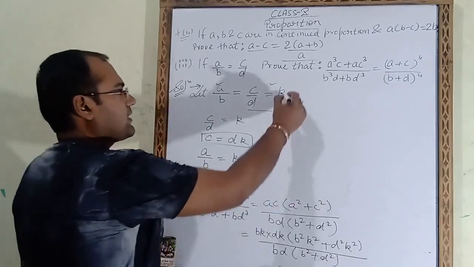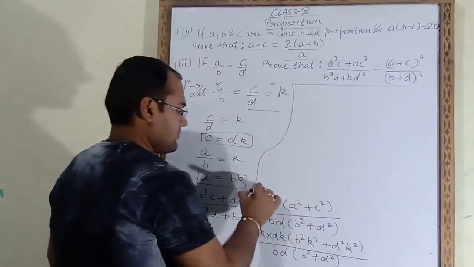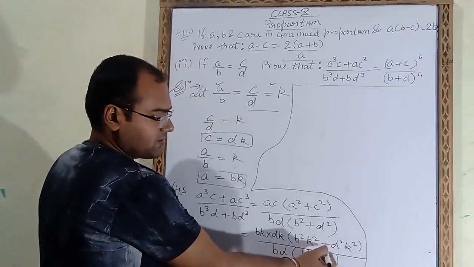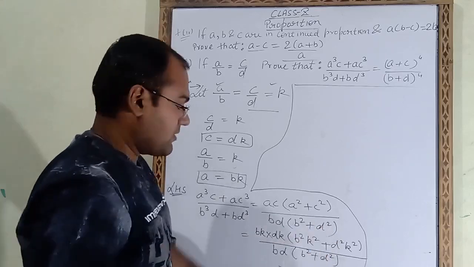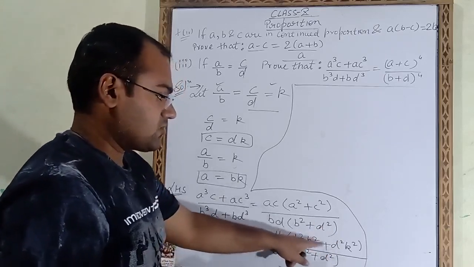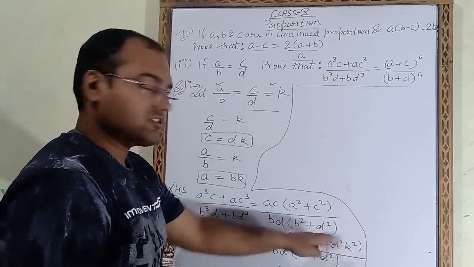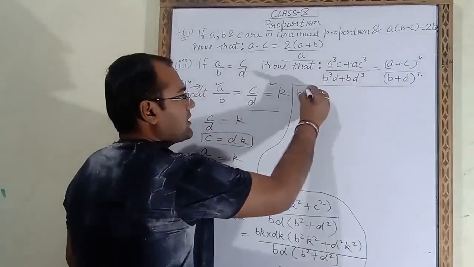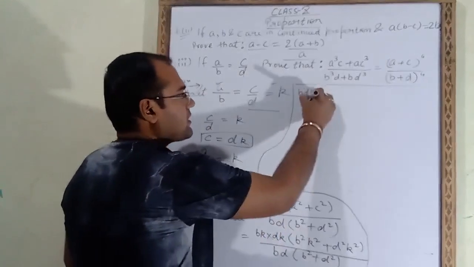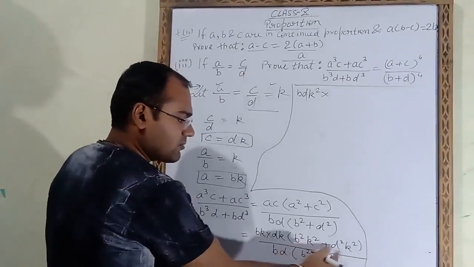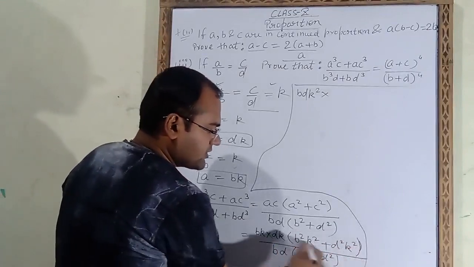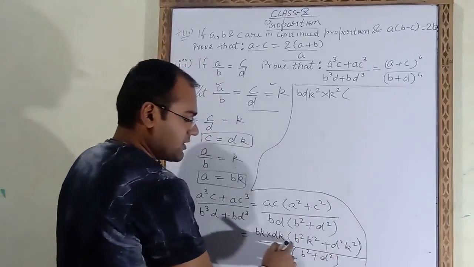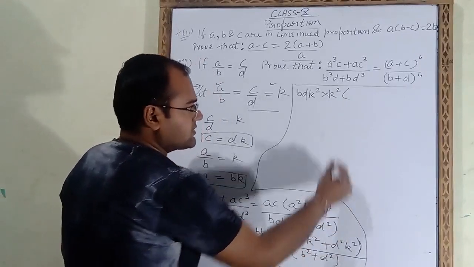Now next step. We will take common from these brackets. B square K square plus D square K square. What we will take common? K square we will take common. So B into D will be BD. K into K will be K square into, from this bracket these two terms we will take common K square. After taking common, the remaining part will be B square plus D square